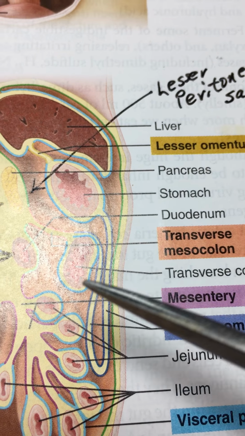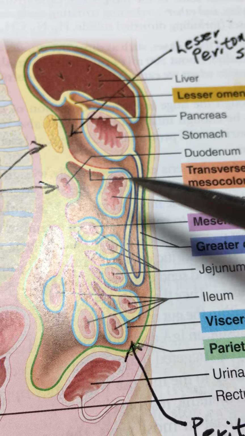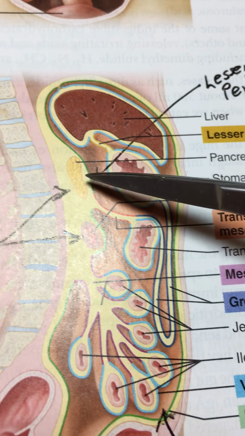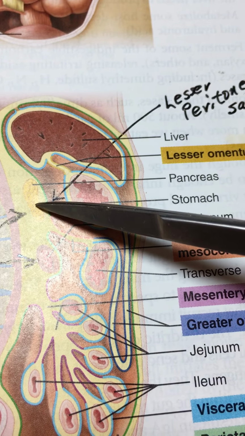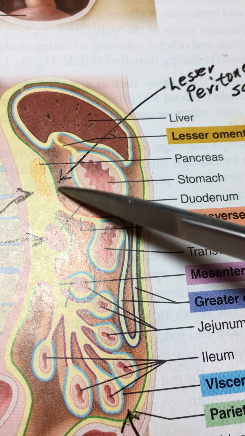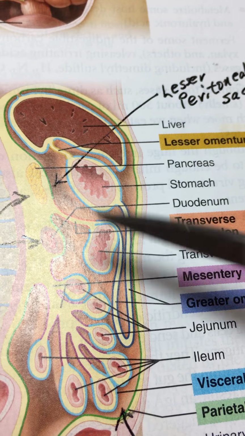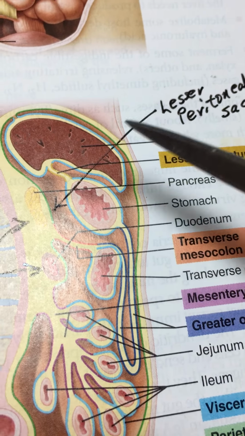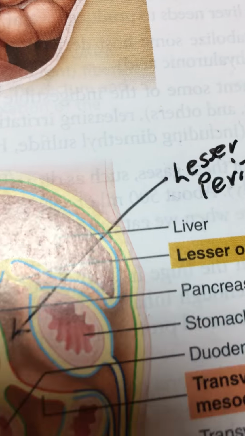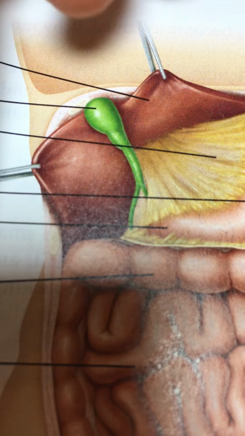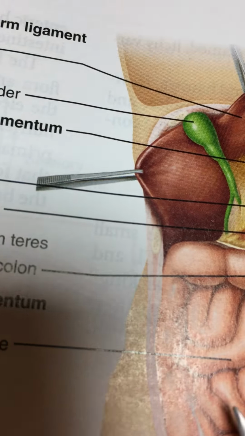I need you to understand that because some people have peritonitis, some people have ulcers of the stomach, and they might even have pancreatitis or pancreatic cancer, something like this. And so we need to access that spot. How do we access that spot if it's enclosed? It turns out there is just enough space right here to penetrate, about a finger's worth of space